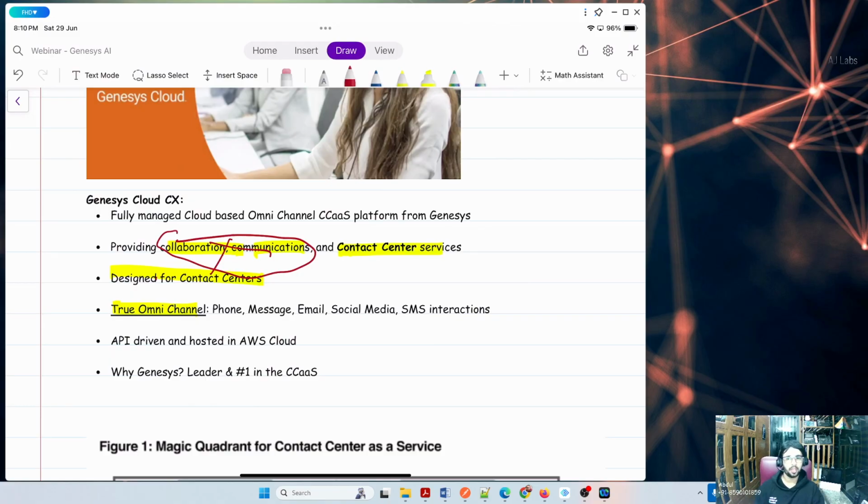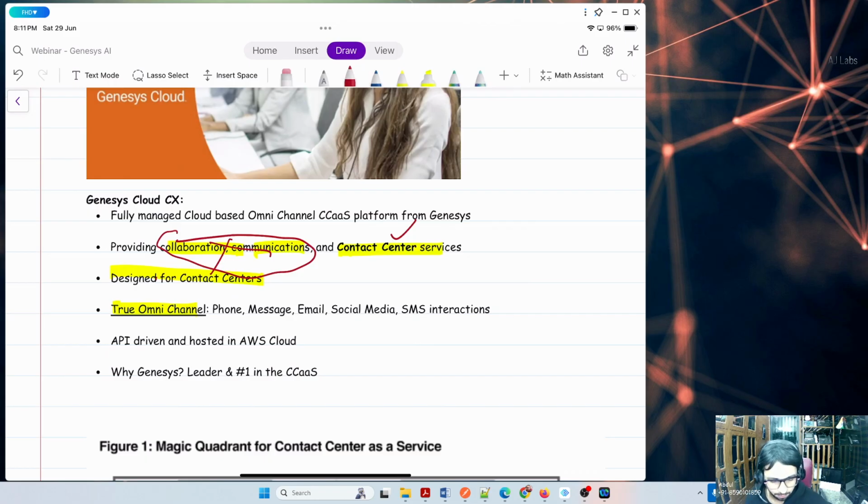It is designed for contact center functionality. So once you have a contact center requirement, we usually go with it. I don't see any customers who have a Genesys solution and are not using a contact center, only using the telephony features. It is supported, but it is not recommended for enterprise or SMB customers. Yeah, Genesys, yes. Only if we have a requirement for a contact center, then you go for it.